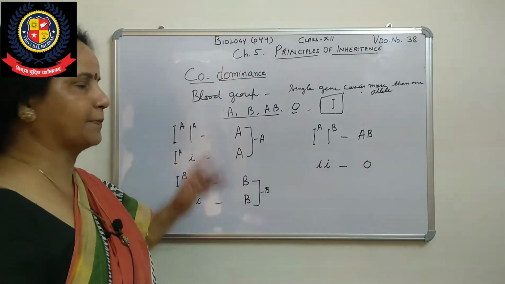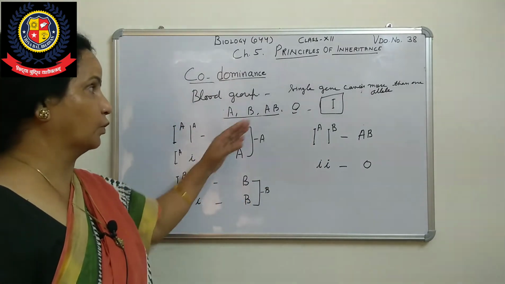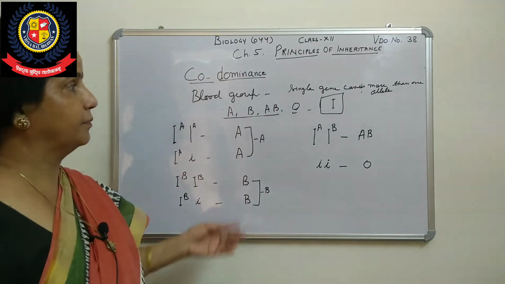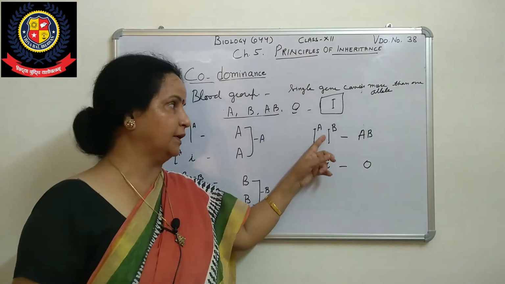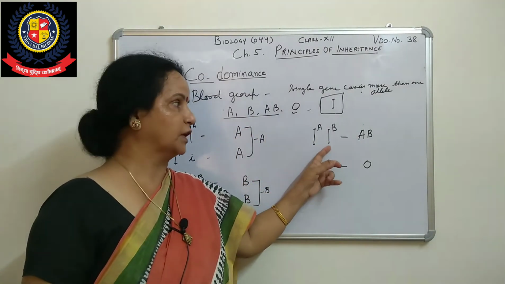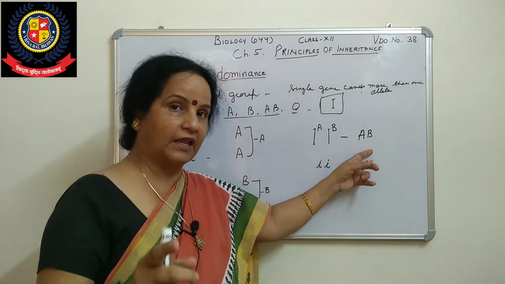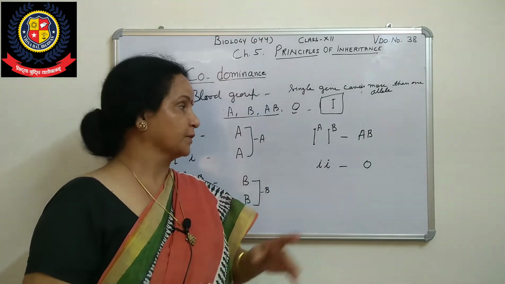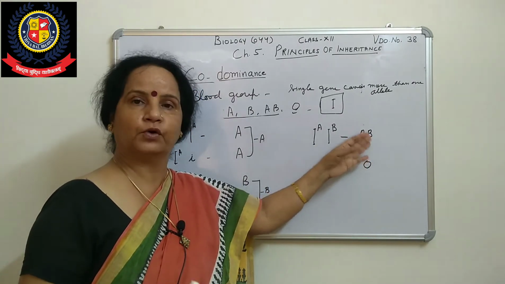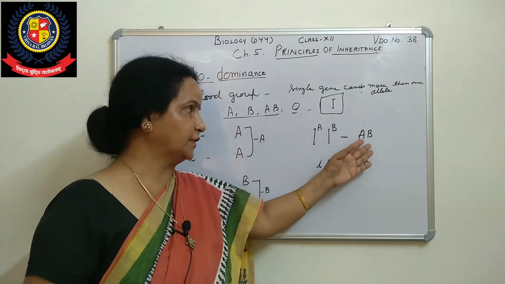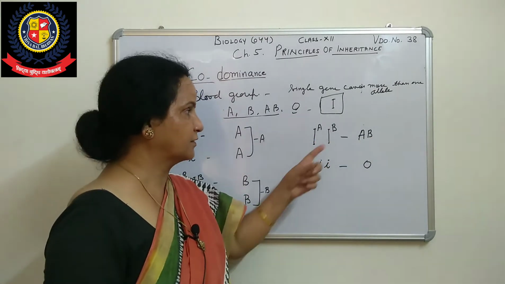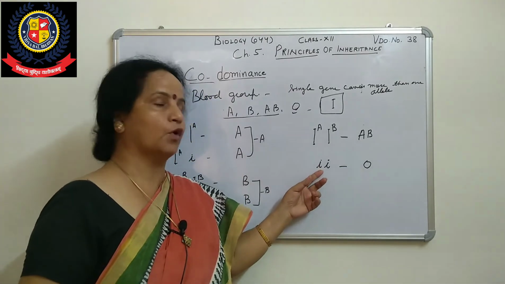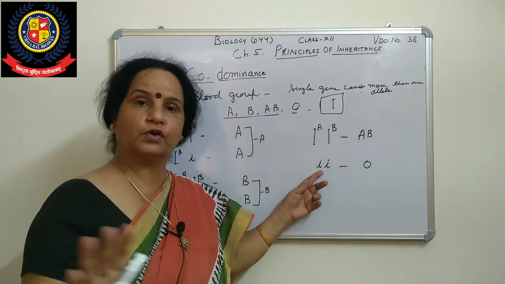You see, when we have written capital A, it is dominant. That A is dominant over the small i or O. Here B is dominant over O. But when both A and B are there together, both are dominant. So we have blood group AB, which means the offspring resembles both parents. If an A blood group parent and a B blood group parent cross together, we get this one. So that condition is AB blood group. This is the example of codominance.